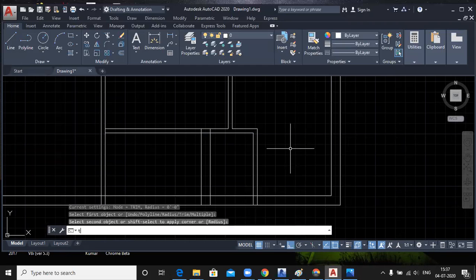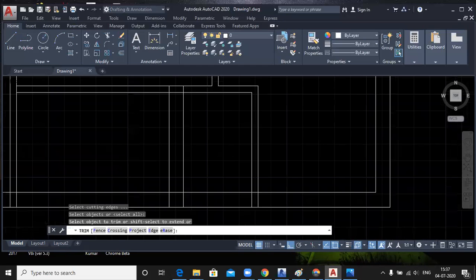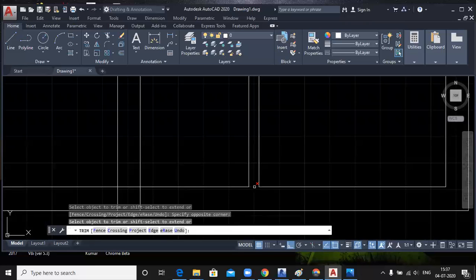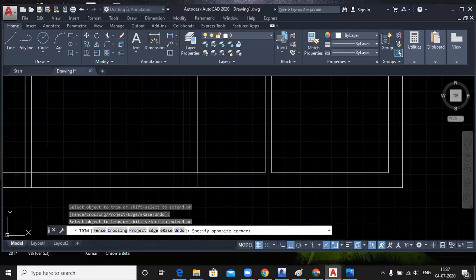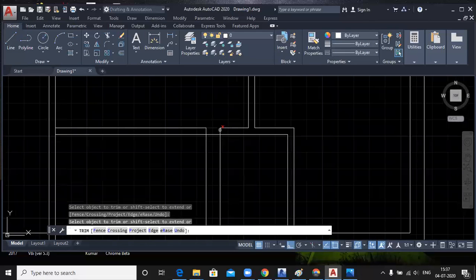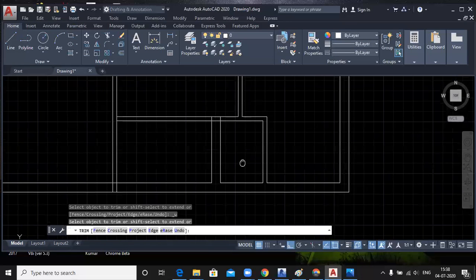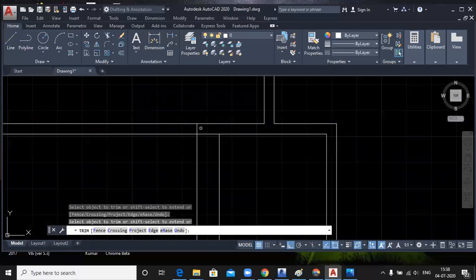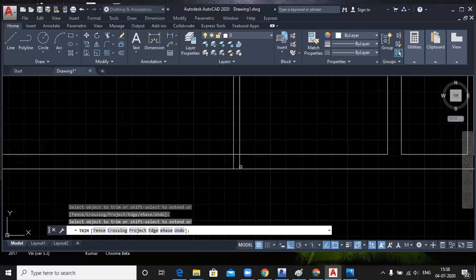Here you have to use the trim command like this. Right? Yes, sir.